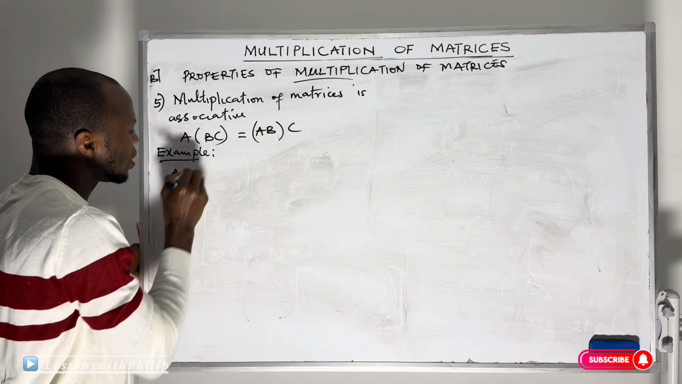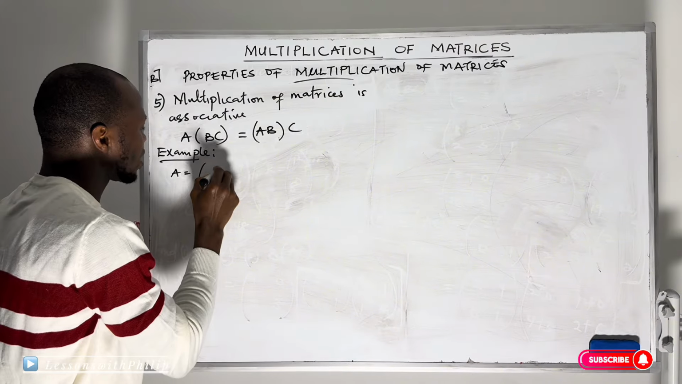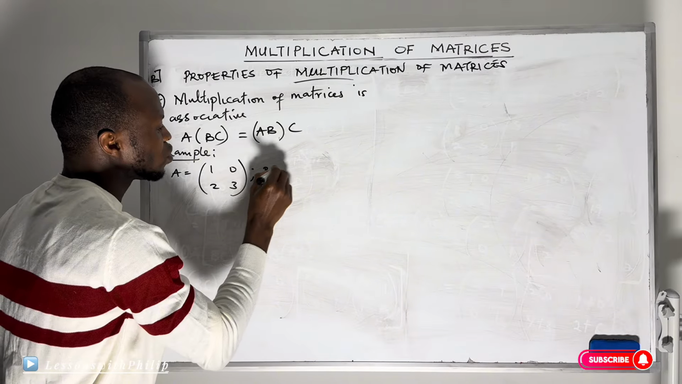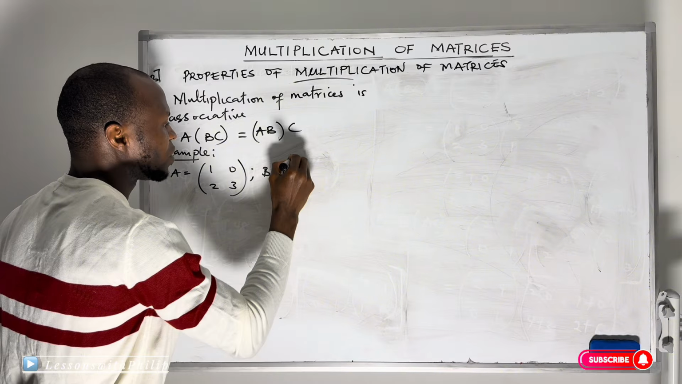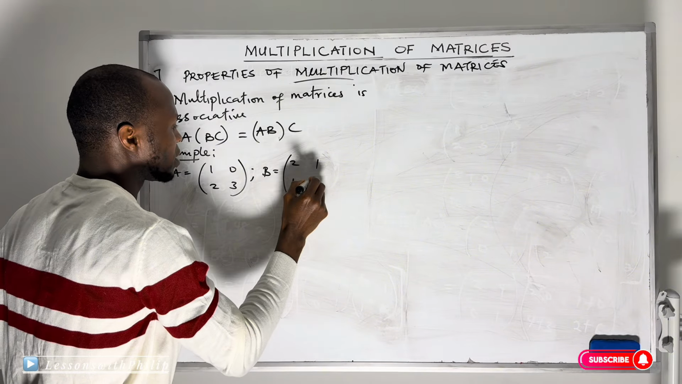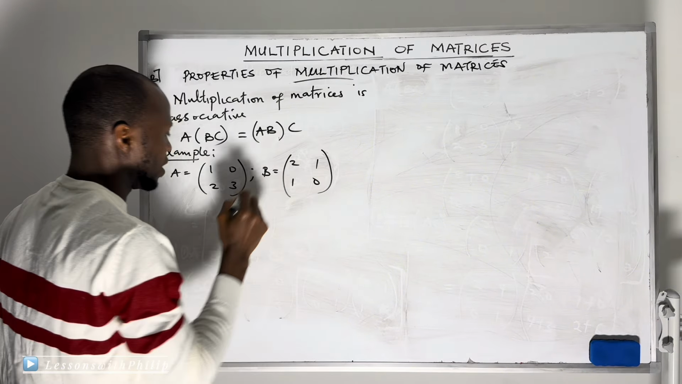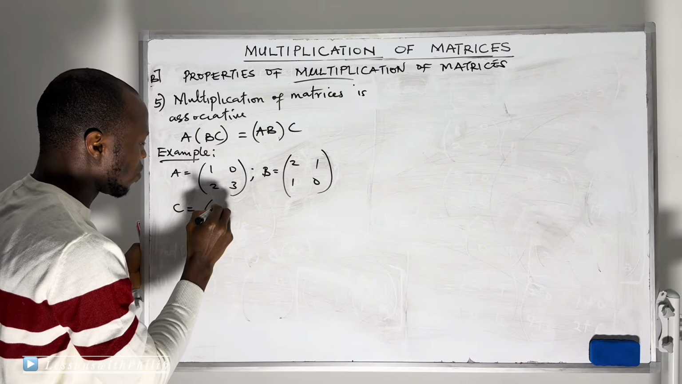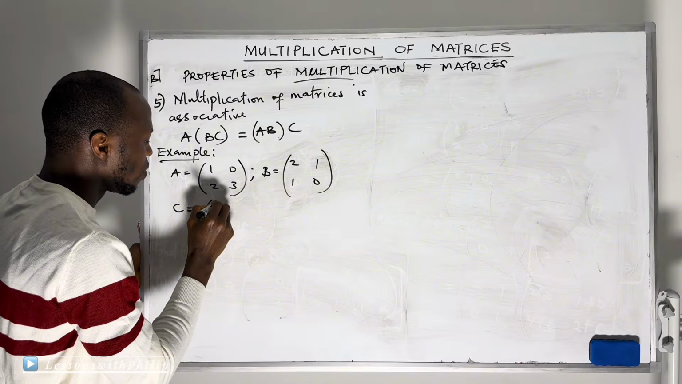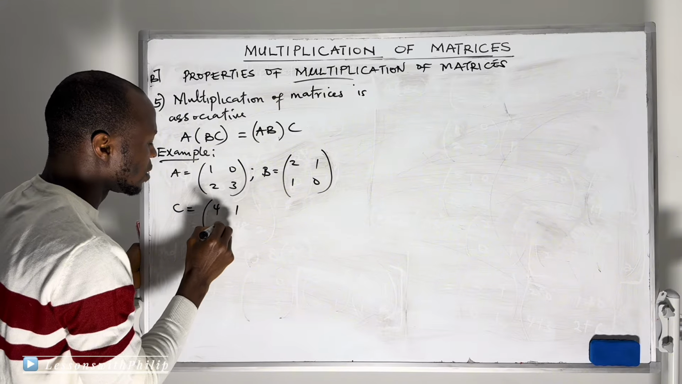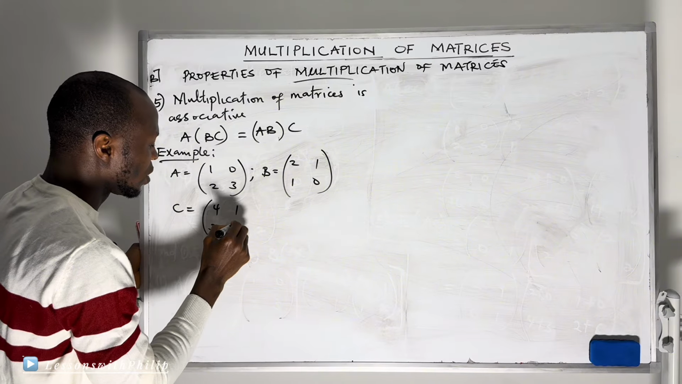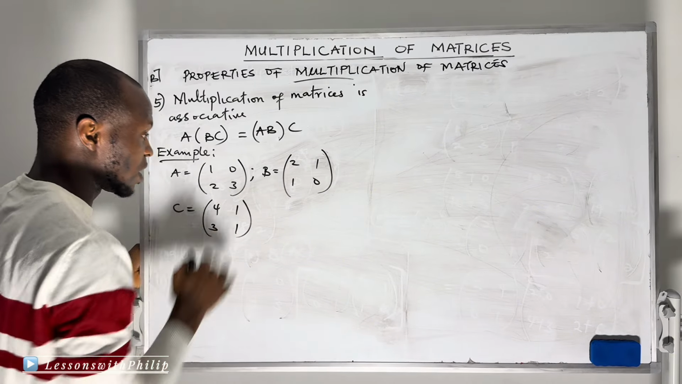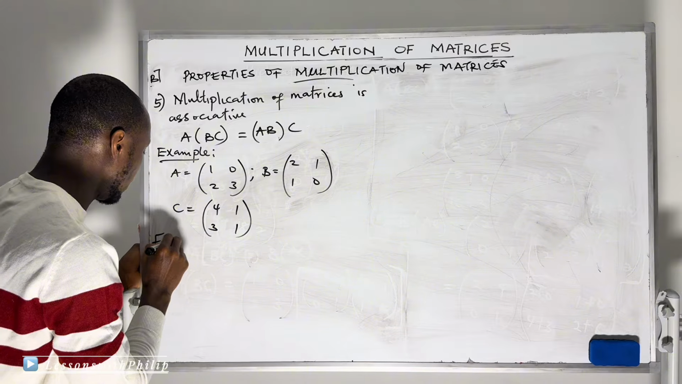Assuming we have matrix A to be 1, 0, 2, 3, and matrix B to be 2, 1, 1, 0, and matrix C to be 4, 1, 3, 1. Okay, assuming these are the three matrices,